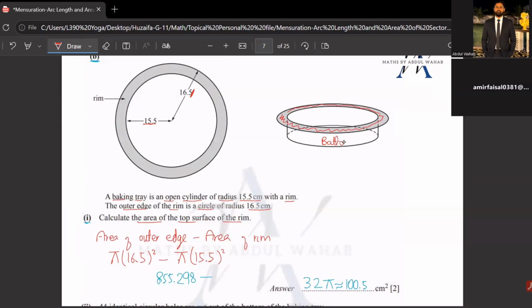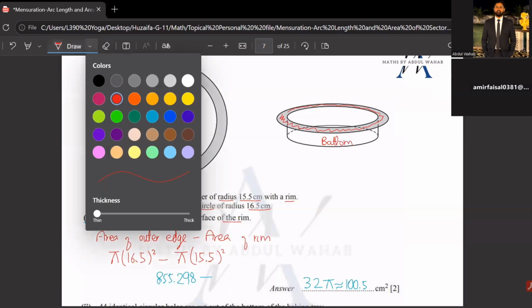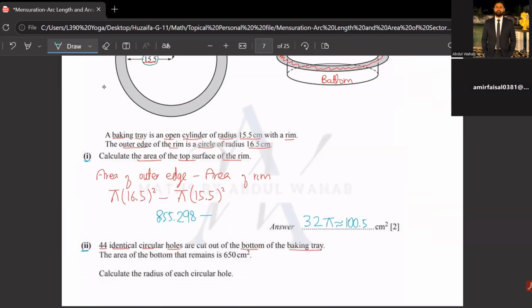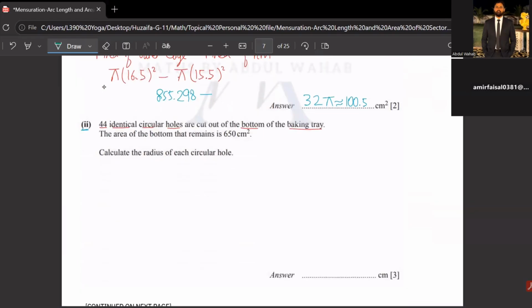For the bottom, obviously it's a circular bottom, and the value for the radius of the bottom is 15.5. So if I say area of the bottom of the